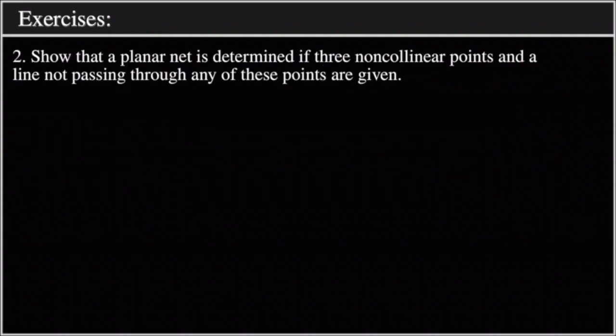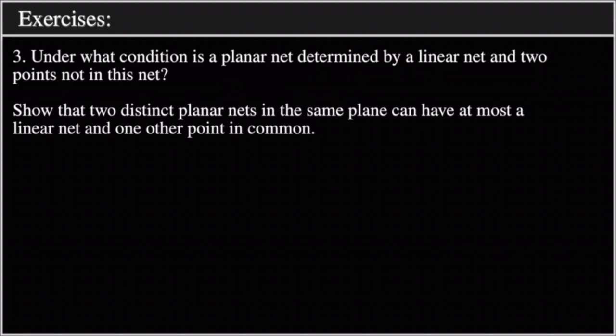2. Show that a planar net is determined if three noncollinear points and a line not passing through any of these points are given. 3. Under what condition is a planar net determined by a linear net and 2 points not in this net? Show that two distinct planar nets in the same plane can have at most a linear net and one other